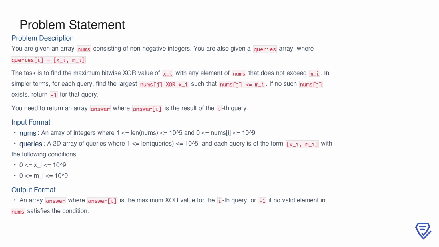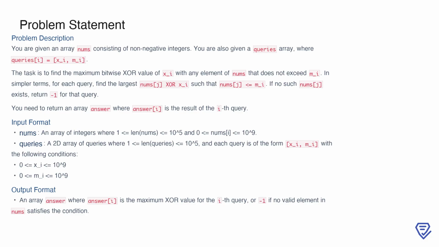In this problem, we are given an array of non-negative integers called nums, and another array called queries. Each entry in the queries array consists of two values, x_i and m_i. Our goal is to determine, for each query, the maximum XOR value between x_i and any number in nums that is less than or equal to m_i. If no such number exists in nums that satisfies this condition, we return -1 for that query. The result for all queries is returned as an array called answer, where the ith entry corresponds to the result